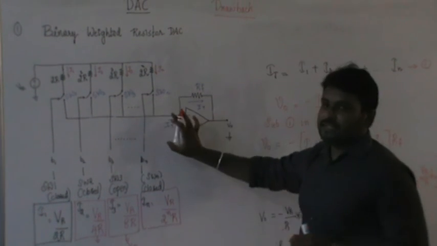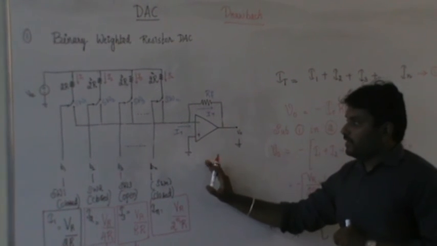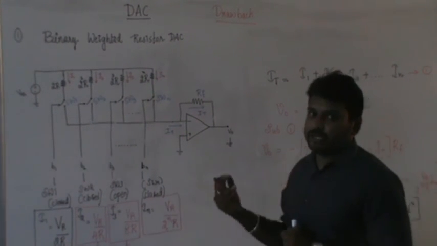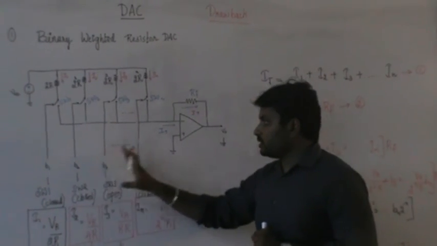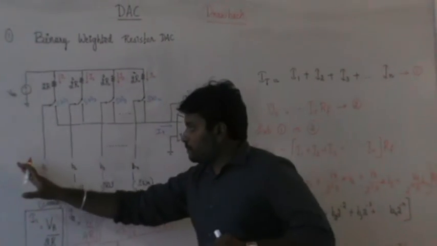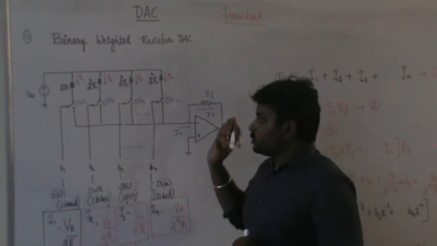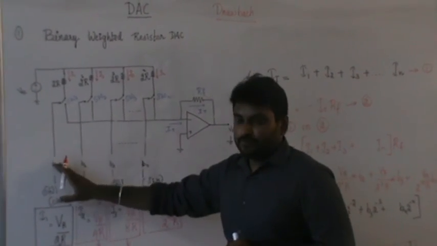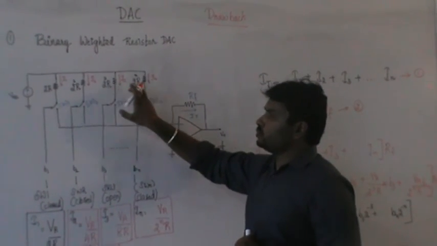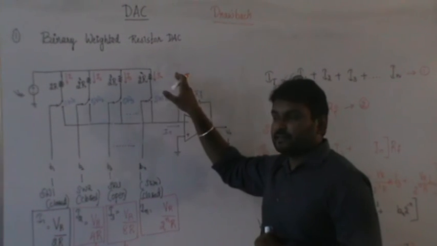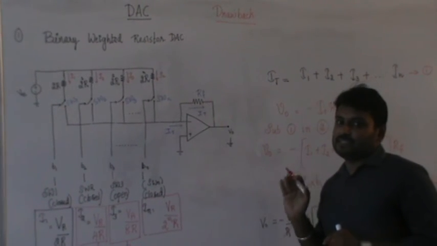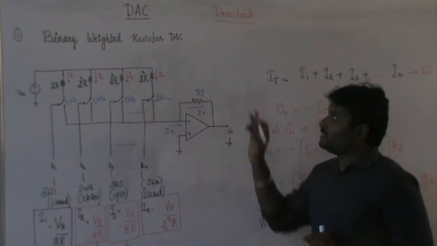So now this is a general diagram that we have considered. If we are writing for 8-bit DAC, there will be B1, B2, B3, B4, B5, B6, B7, B8. So likewise there is a B8 binary data. So for 8 bits, you should have 2R, 2 square R, 2 cube R, 2 to the power of 4 R, 2 to the power of 5 R, like that you have to have the resistor value still 2 to the power of 8 resistor values you should have. So that is the main drawback.